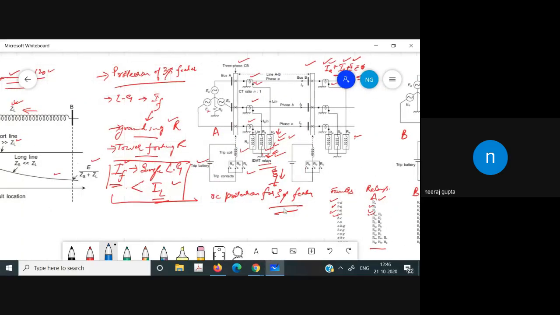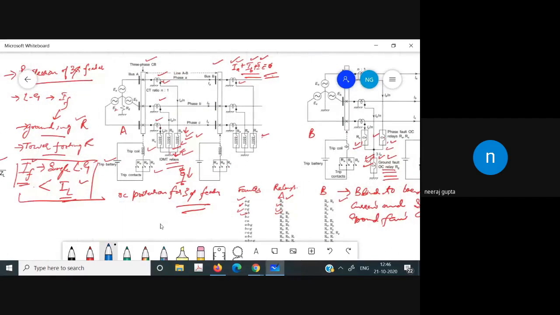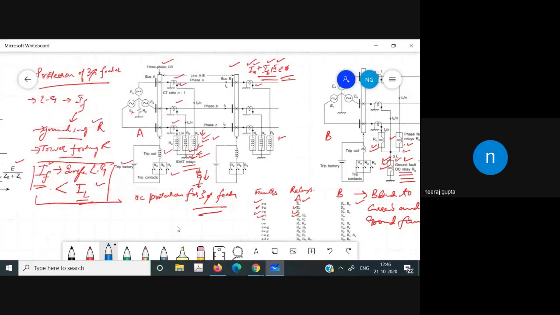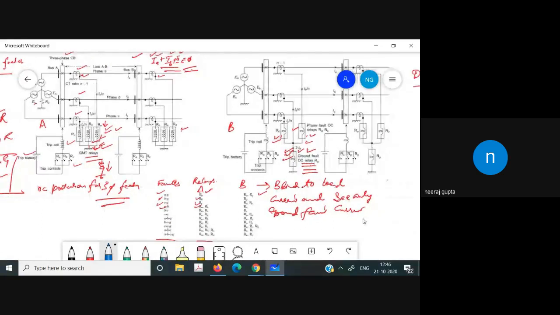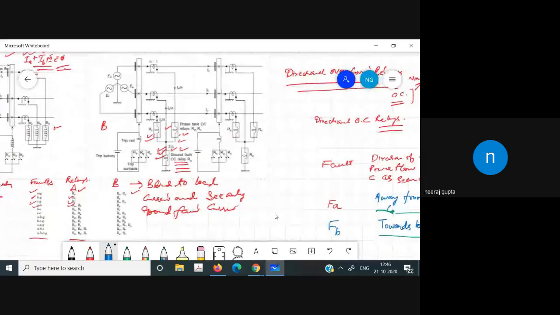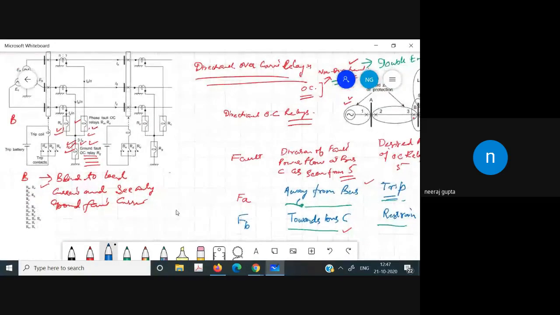In that case, we use the overcurrent relays in all three phases. However, the problem with that is that the fault current depends upon the ground resistance and tower footing resistance. So sometimes it might happen that the fault current is less than the load current, and it will not serve our purpose. So we modify the scheme in such a way that we use a ground fault overcurrent relay, so that if the fault current is less than the load current, it will definitely do the work.